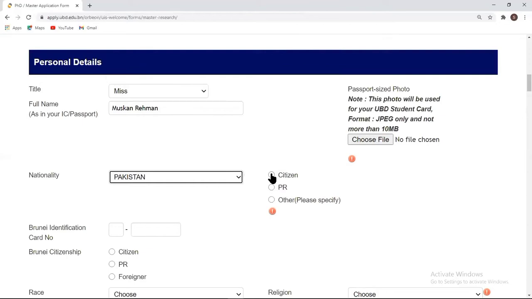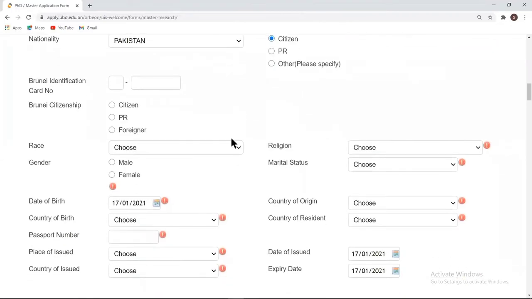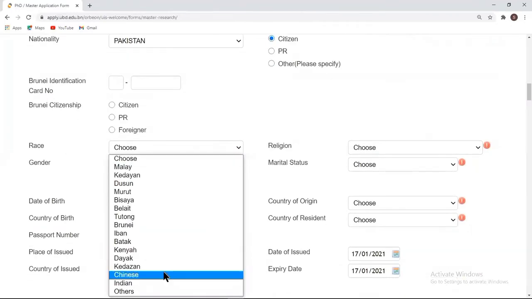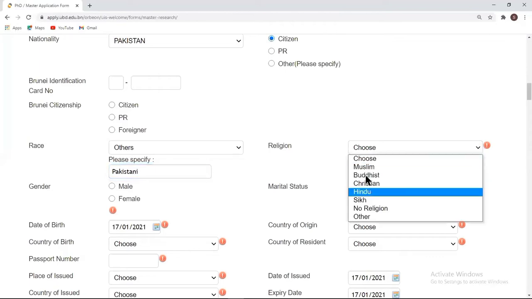You have to specify this. Choose your race. If it is not mentioned in this menu, then you will select others and then specify. Choose your religion,